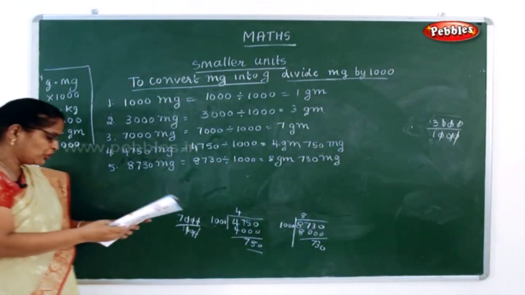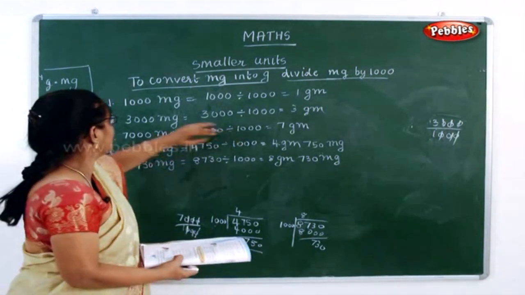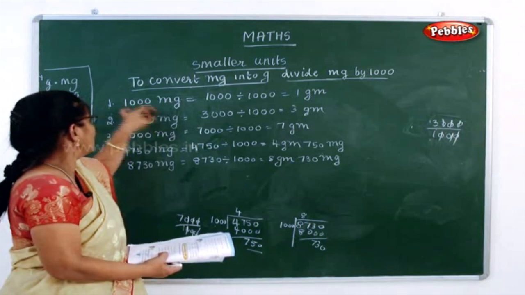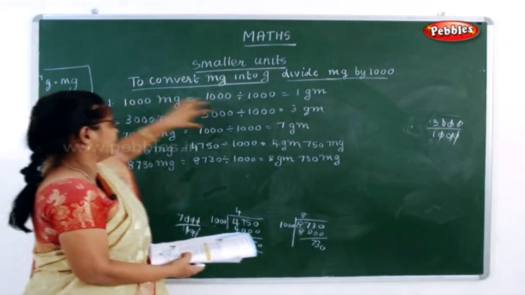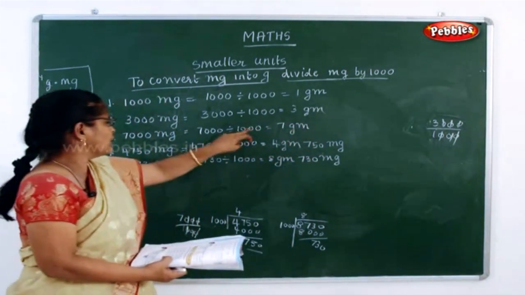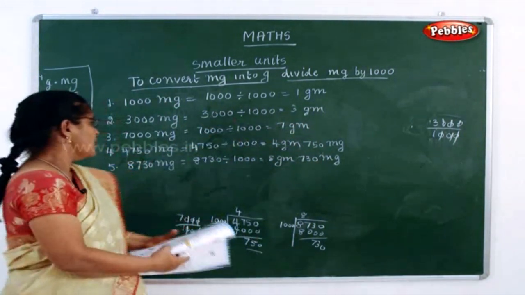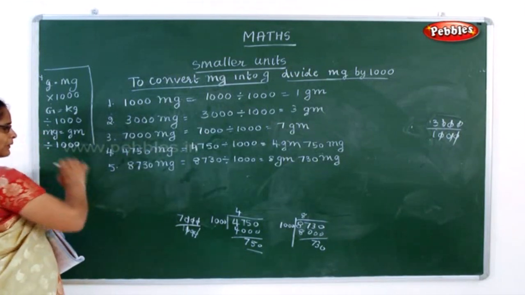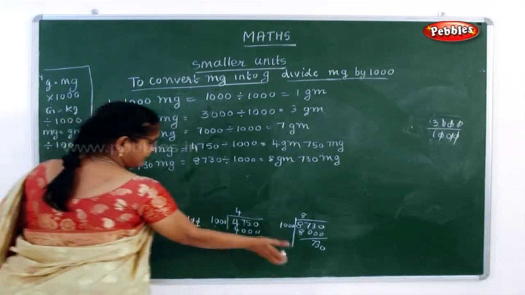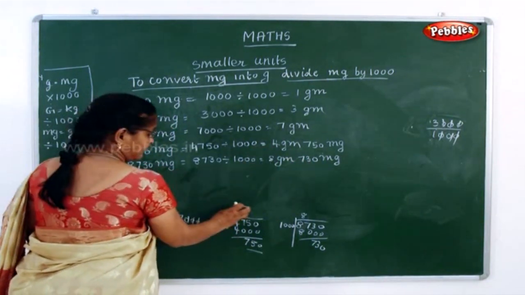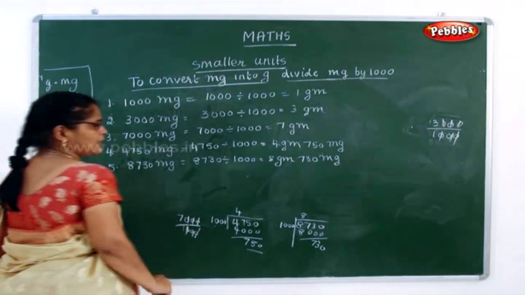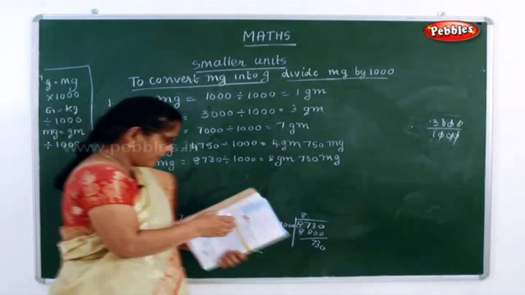So this is how you have to convert milligram into gram. I'll repeat, how will you convert milligram into gram? Whatever the value is given, you have to divide with this 1000. These things you can do easily, you can cut off all the 0 and easily write 7 gram. But when you get values like these, you have to divide it, and the quotient will be the grams and the remainder will be milligram. So you have to do a rough column always. It is better to do a rough and do it.